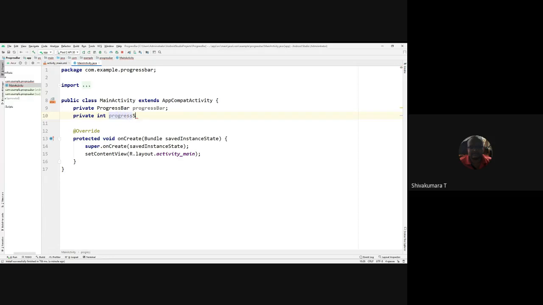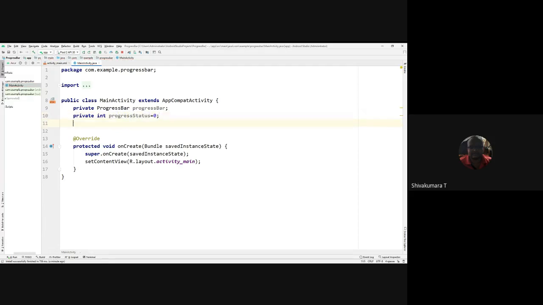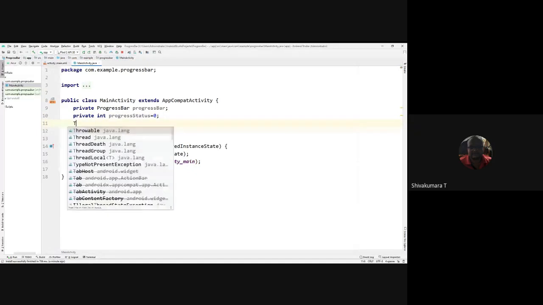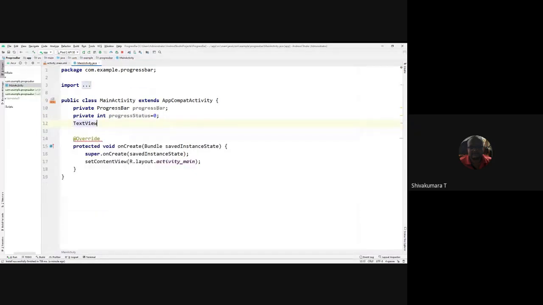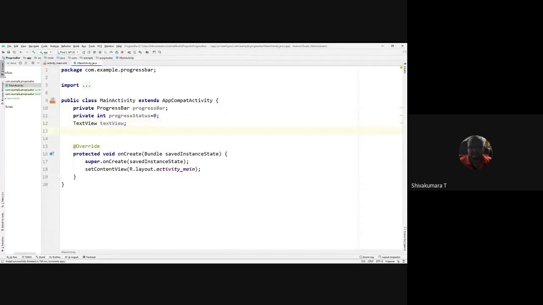Progress status is 0, initially it is 0. You need to have the text view to display the message to the user, so define the private controls for this.